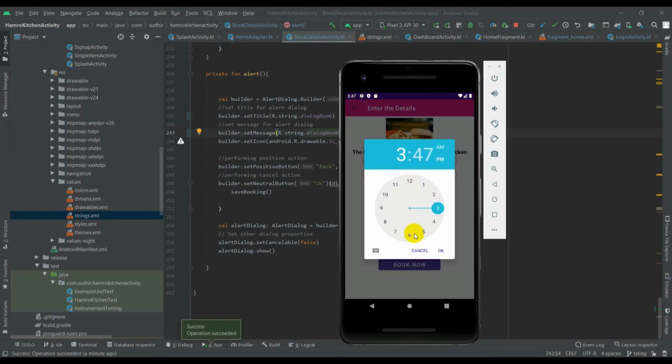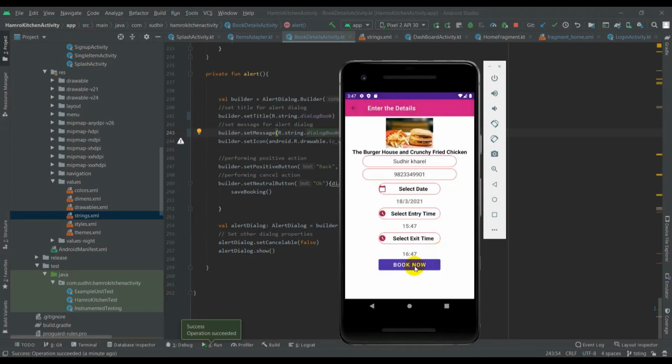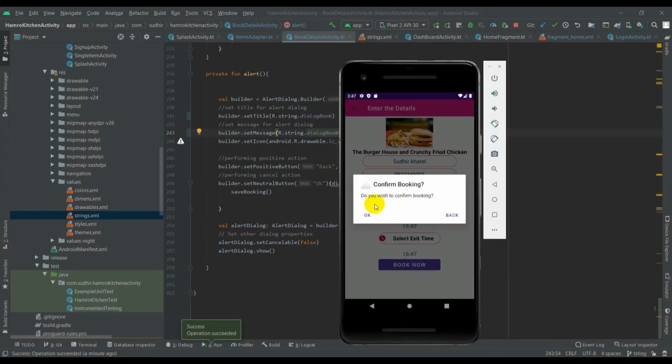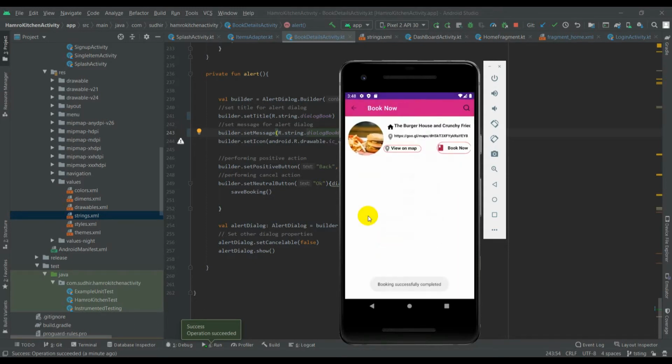So after filling in all the details, it will show the final alert box to confirm the booking. If I click on OK, then my booking will be confirmed. And after the booking is confirmed, it will show me a toast message.